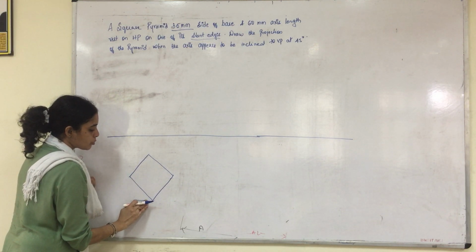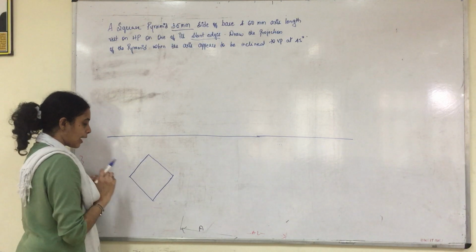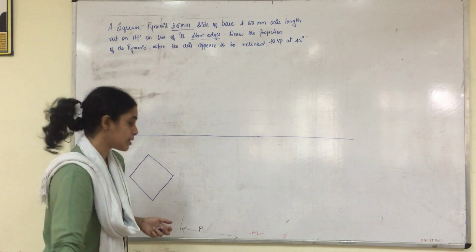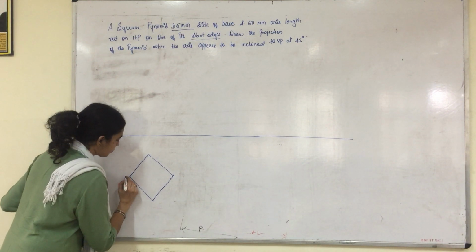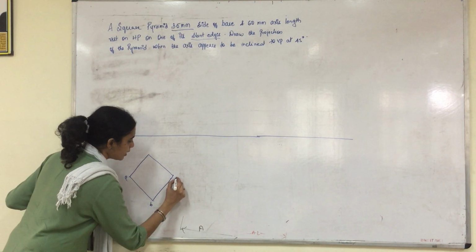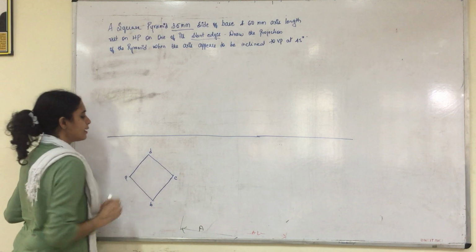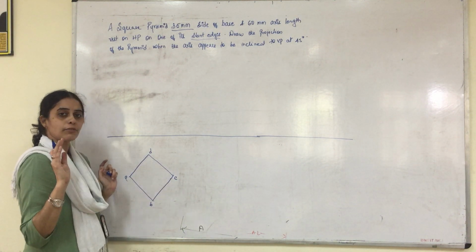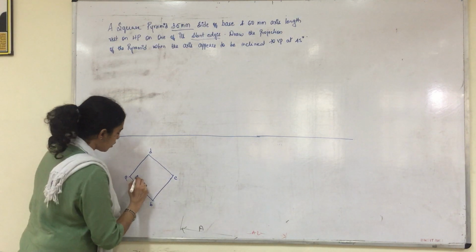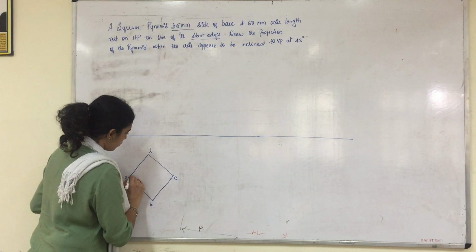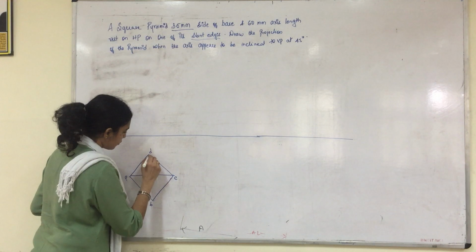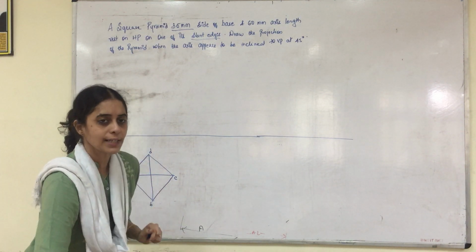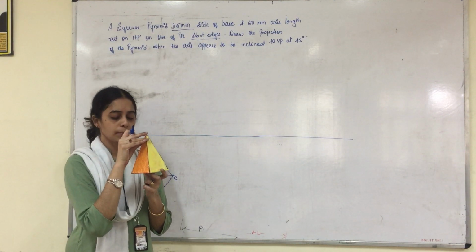So you can just remove the construction line. And I told you, in a square pyramid, all the bottom surface will be visible. So name this as A, B, C and D. And always in solid, we need to join the diagonals to identify the center. So please join the diagonal from A to C and from D to B. So you know that the center at the apex O will be visible.